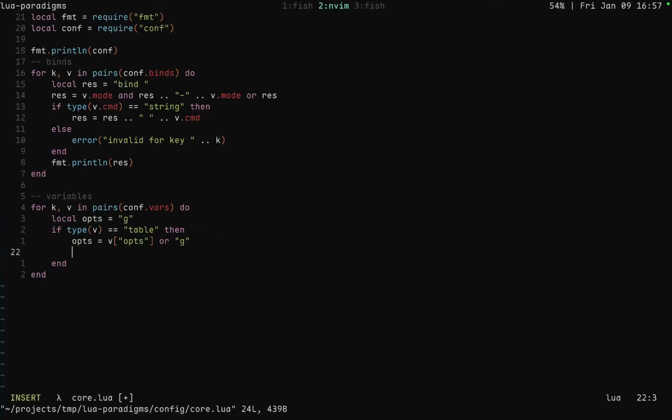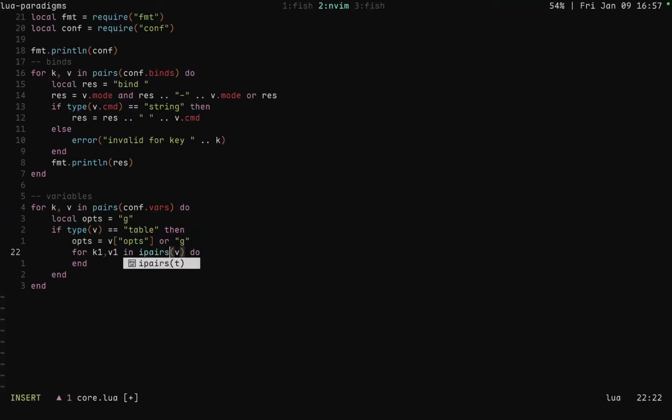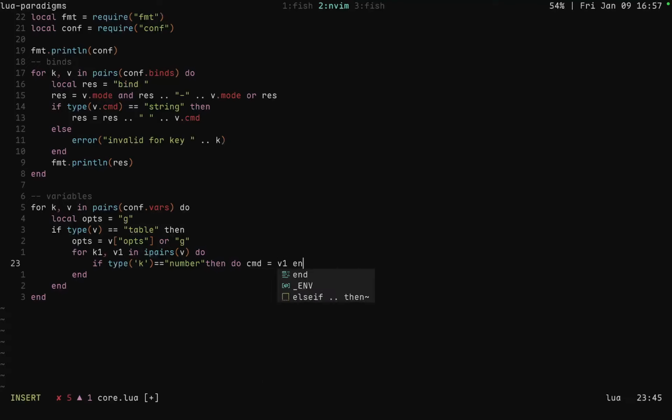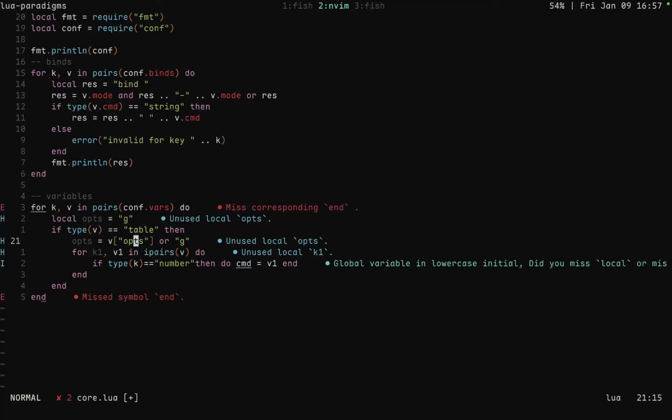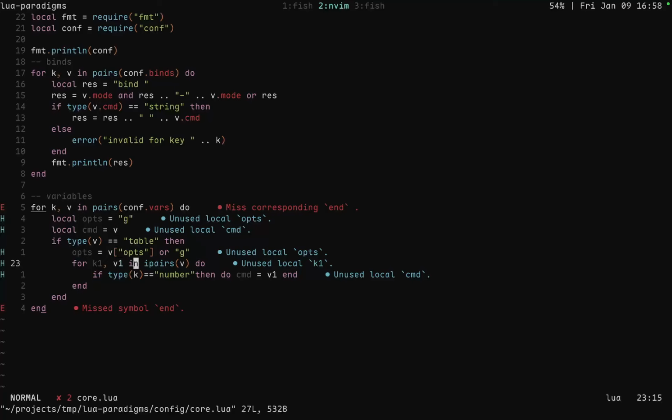I don't actually know how to do that, so I'm just going to do for K1, V1 in ipairs V. I know there's a more elegant solution, but this is just fine. It's going to run very fast anyhow. So if type K equals number, then do CMD equals V1, end, and K is not that, and local CMD equals V. All right, makes sense. So unused local CMD, unused K1, if type K1 is number, right? For this, do end,